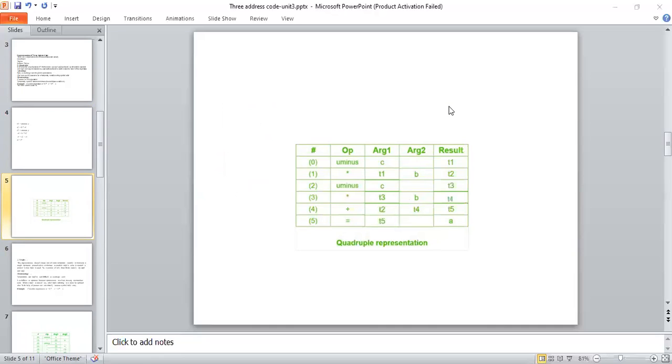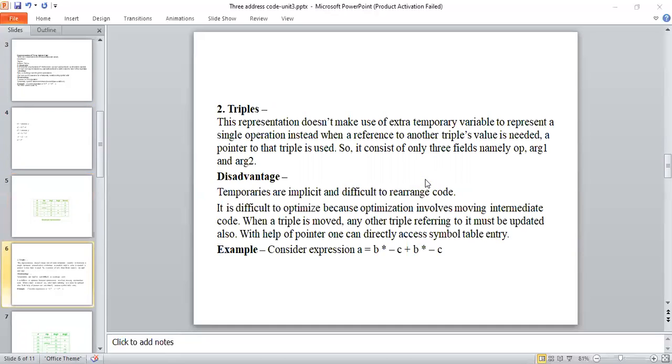Now, after completion of quadruples, the same three-address code is represented in the form of triples. Why is it called triples? Quadruple means it consists of 4 fields, because of that it is called a quadruple representation. And triple means it consists of 3 fields, hence it is called a triple.